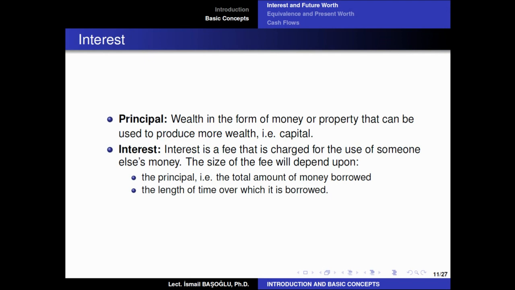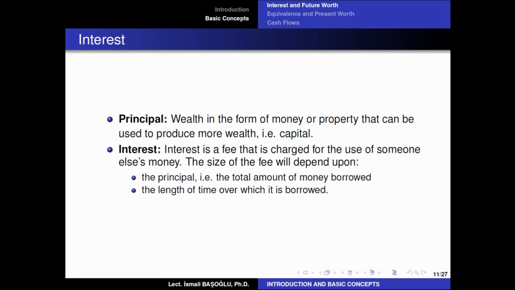I think you are not going to be okay with it, and you will just say, okay, I can give you 100 Turkish liras, but at the end of the third month, I expect you to give me more. So you are basically asking for the interest. Basically, I am using your own money for my own interest, and not for your interest. So therefore, there should be an interest for you as well. What is that interest?